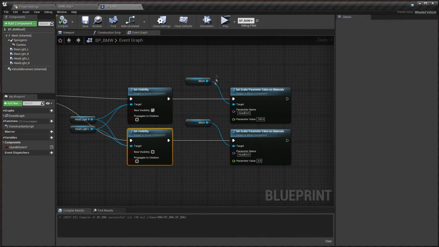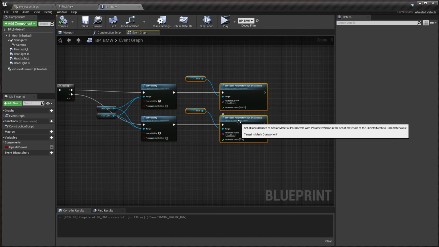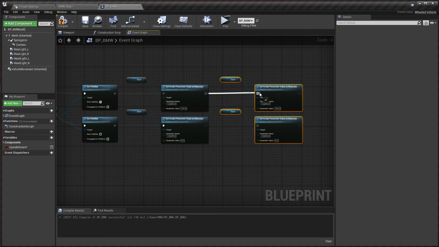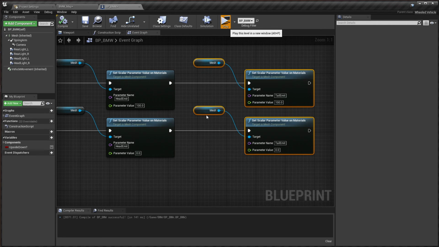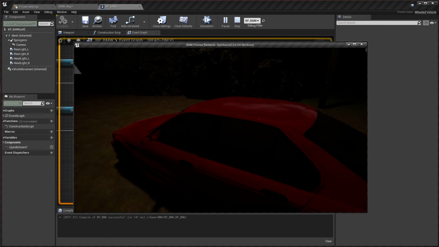But we also want, if we just grab those, do another set here, but in this one we're going to change the name to tail emit, and tail emit. So now the tail light should come on as well. Yep, there's the tail lights. We don't have any light coming off of them though,